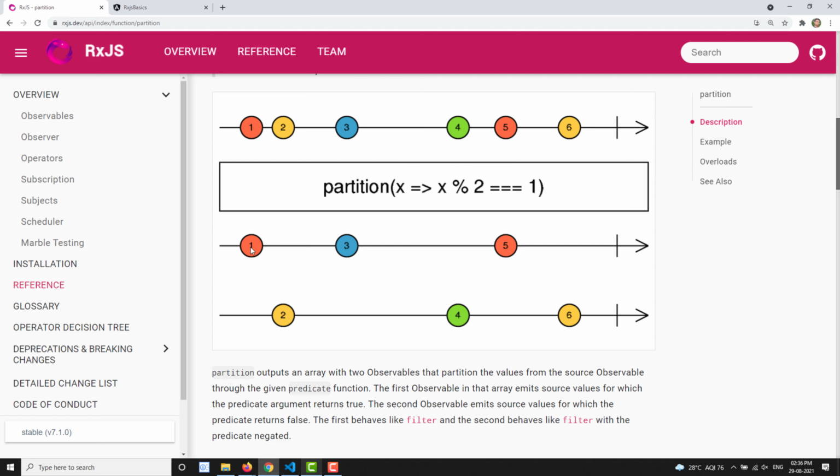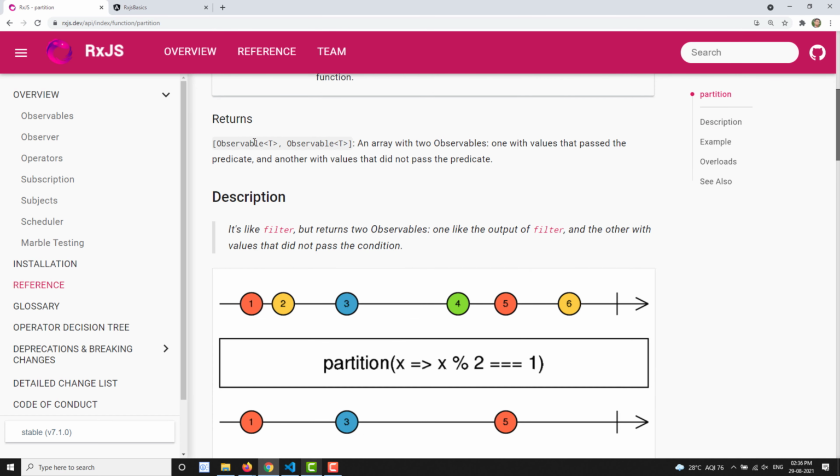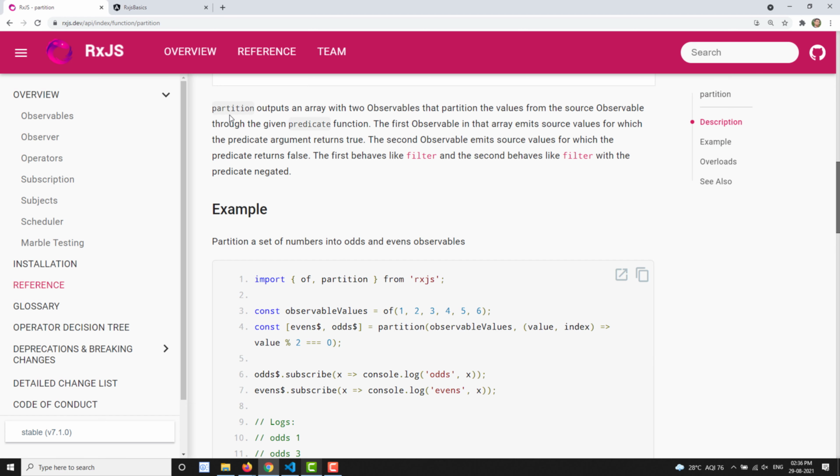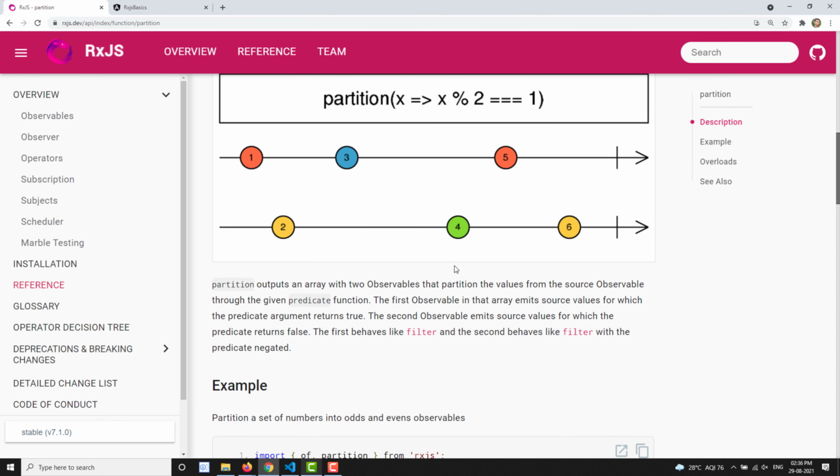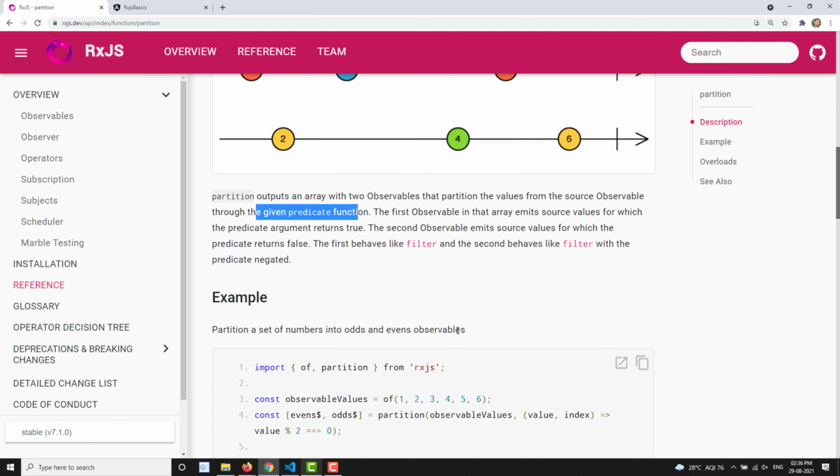Yes, it's true, so it will be kept in the first observable. 2 doesn't satisfy it, so it is kept in the second observable. Like that, 1 3 5 will be in the first observable and 2 4 6 will be in the second observable. The output will be an array of two observables. So this is the scenario. Partition outputs an array with two observables that partition the values from the source observable given a predicate, something like this.